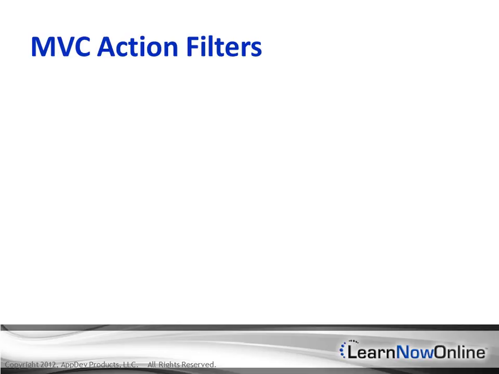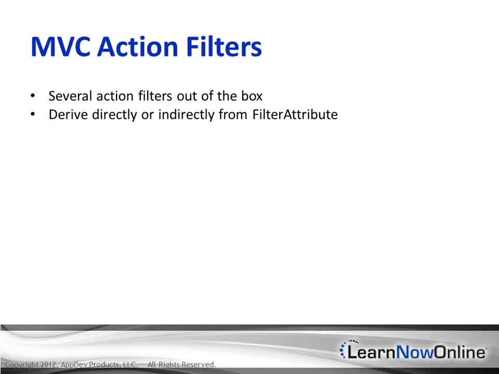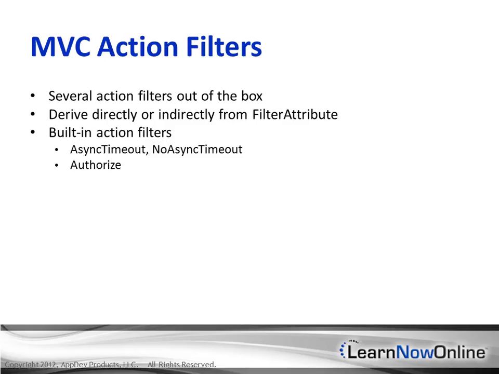So now we're going to look at some MVC action filters that are built in. Several of these are out of the box directly from MVC, so you don't have to recreate the wheel. These also derive directly or indirectly from the filter attribute. Here are some of the built-in action filters that are worth pointing out. First ones are async timeout and no async timeout. Then we have authorize, child action only, and handle error in case it has an error,